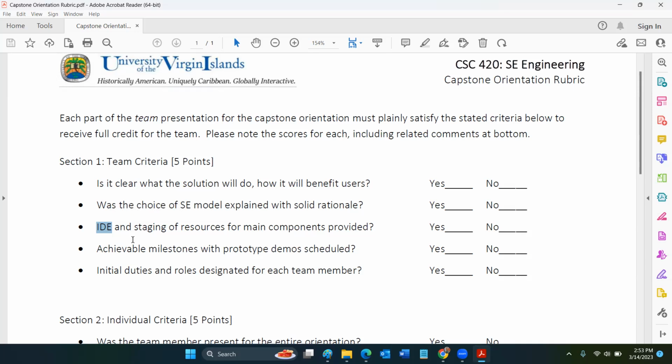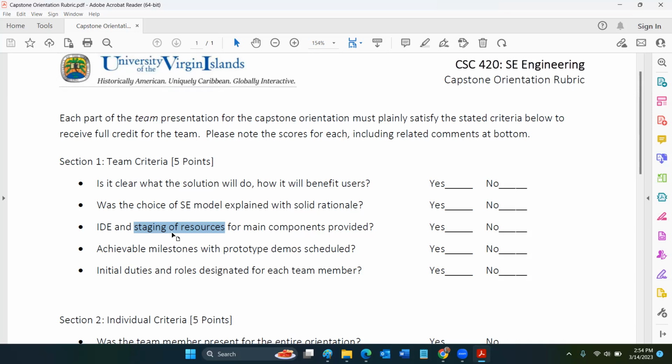If it's based on a simple three-tier model that you learned from CSC 310, then you can treat each of those three tiers as one of three components, right? And you can say, well, for this layer, we're going to be using these tools. For that layer, we're going to be using those tools. Okay? And we're going to be working prototype trials on our laptops, but then we're going to go ahead and run some of the compiled code on some of the servers to see if it'll behave like it's supposed to on other machines. So when we talk about staging of resources, I'm also talking about where you test your